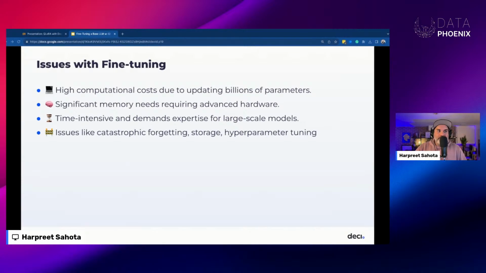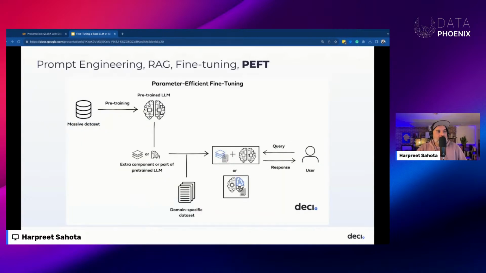So again, it becomes very memory inefficient and really intensive. Not to mention the issues with hyperparameter tuning and experimentation and all that. And this is where, given the limitations that we just discussed, we need a better way. And by better way, I mean something that's more compute and data efficient. And we need a method like this so that we can fine tune our model.